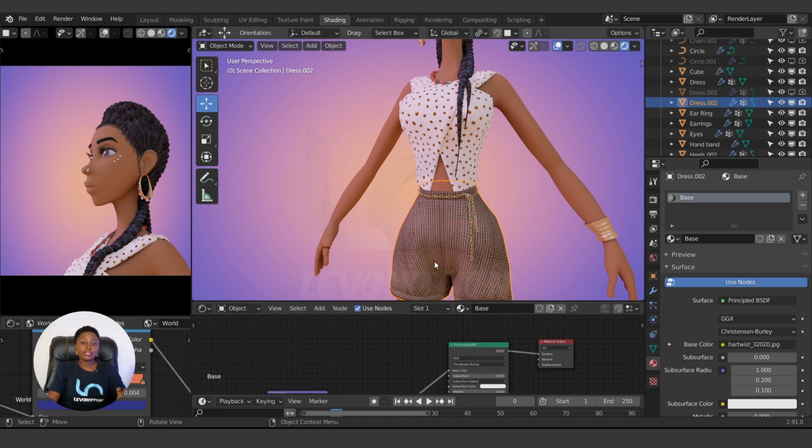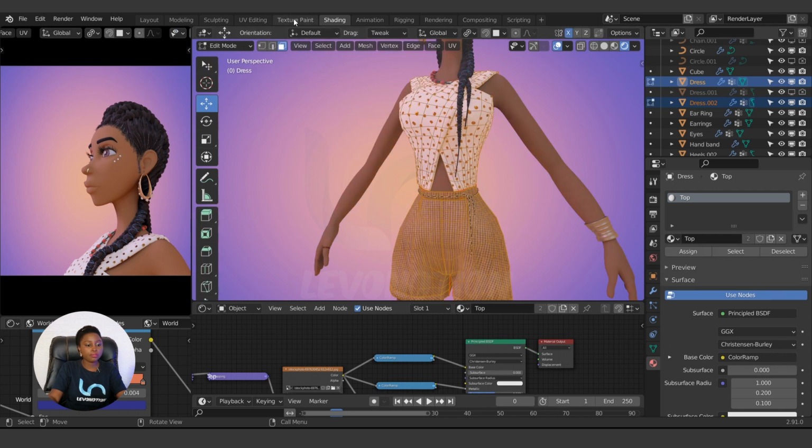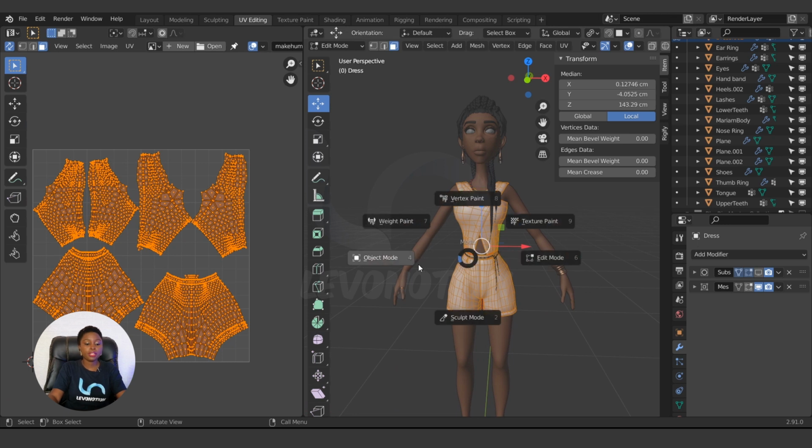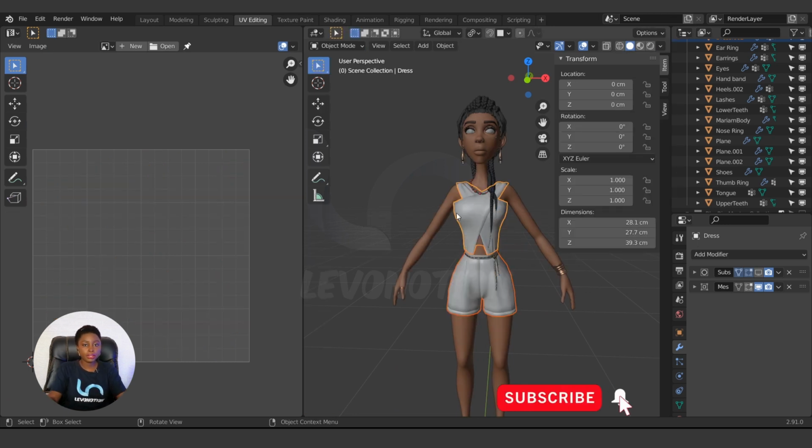After this, the first thing you need is your UV as usual. That has to do with baking texture, you need a very good UV. So let's see the UV of this. Go to under UV. You see the UV that I've created for this piece. So just make sure your mesh has a very good UV. I'm going to leave a link in the description below to how you can create UV.